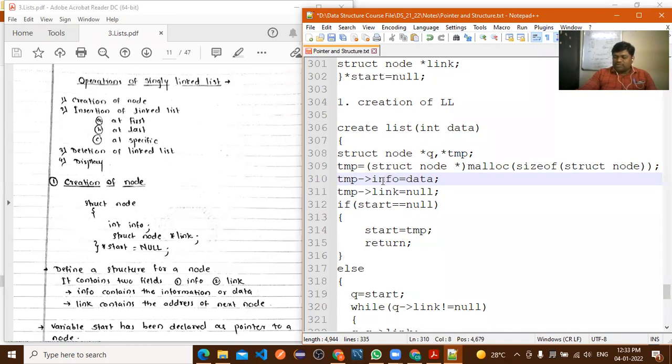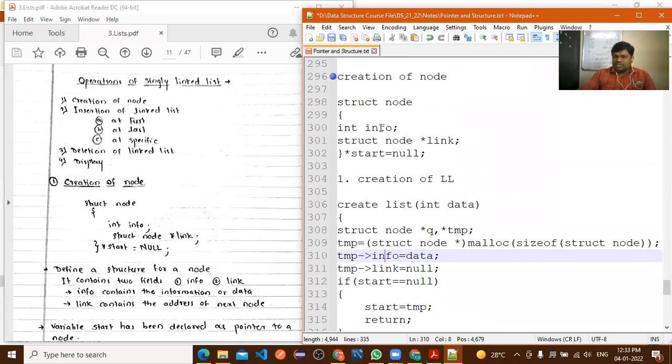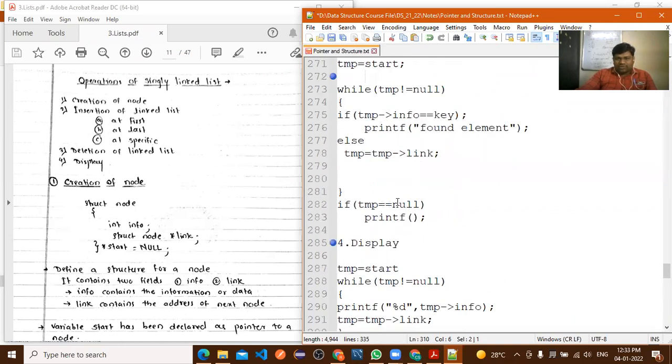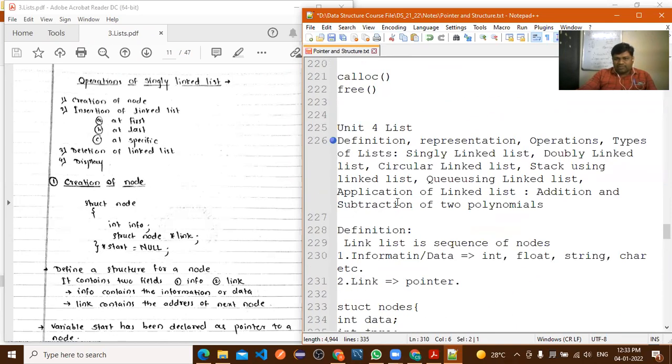How to access the first parameter or assign the value to the first parameter of this node? With the help of this pointer variable temp, and this arrow is called a pointer structure. We have already discussed this part.